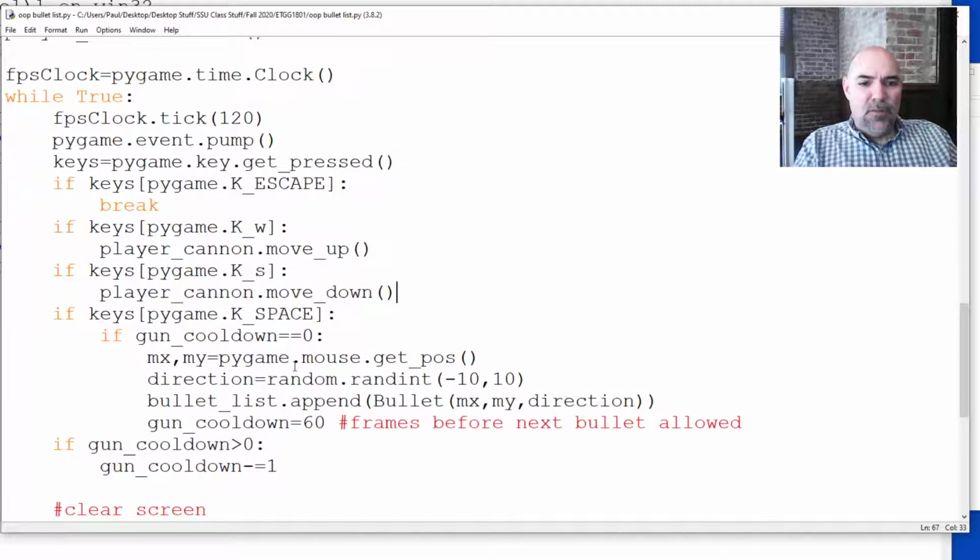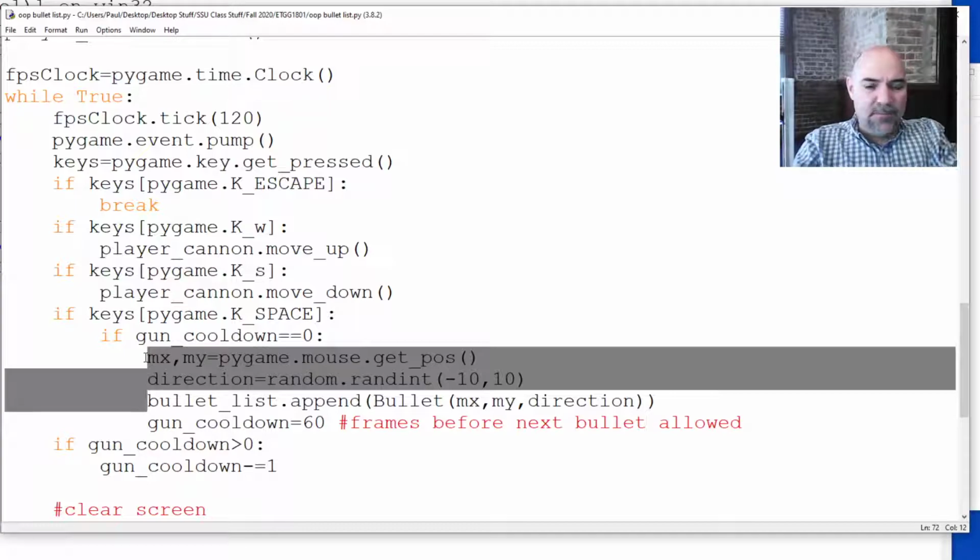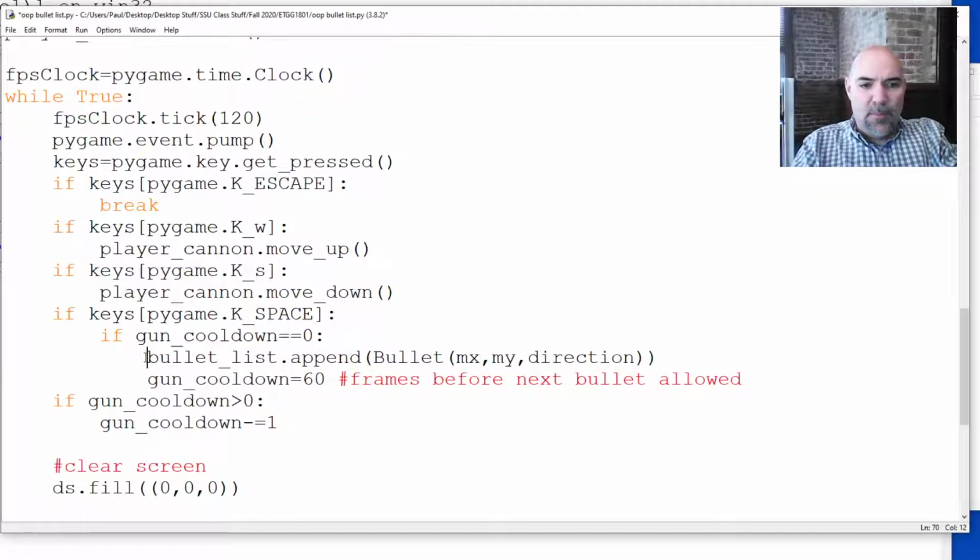Here's spacebar. We're putting them at the mouse position. So really, to change this is going to be really easy. We're going to basically take that and that out. And here, when they press spacebar, rather than creating a bullet at the X position where the mouse was, we're going to do player